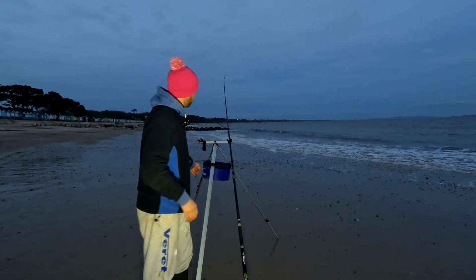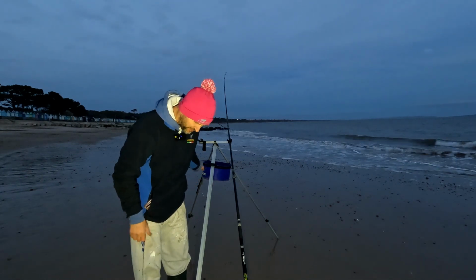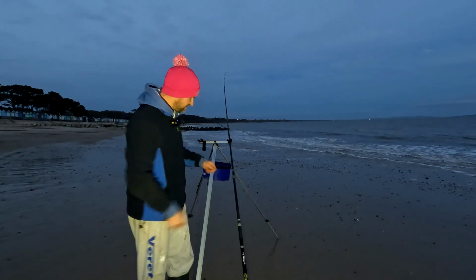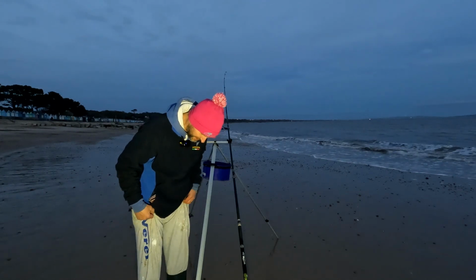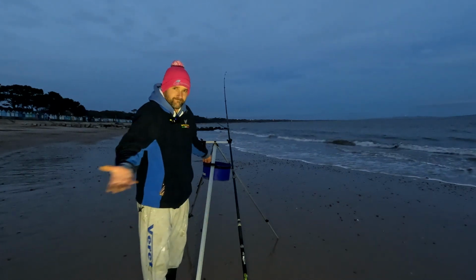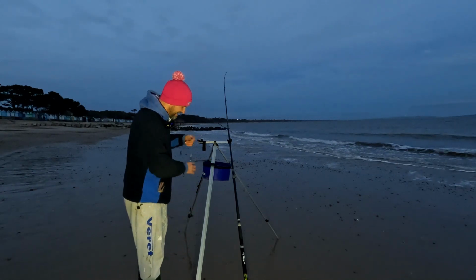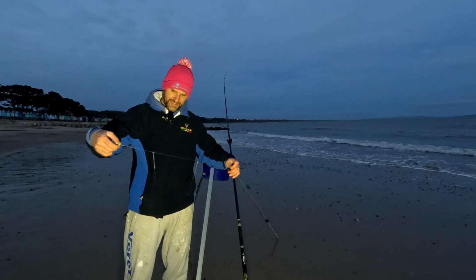Right, here I am. Actually, before we get started, don't laugh at my trousers. I forgot my bib and brace. I was in such a haste to leave the shop, grabbing just a couple of little bits and bobs. I left my bib and brace at the shop, so now I've got my manky decorating tracksuit trousers. What? I'm allowed to look like a homeless guy every now and again. I'm going to hang around with people like Kim and Liam, you know, I'm just trying to fit in. Anyway,